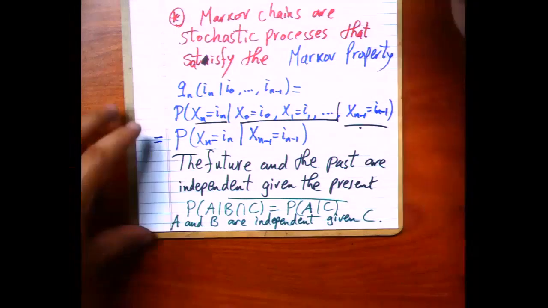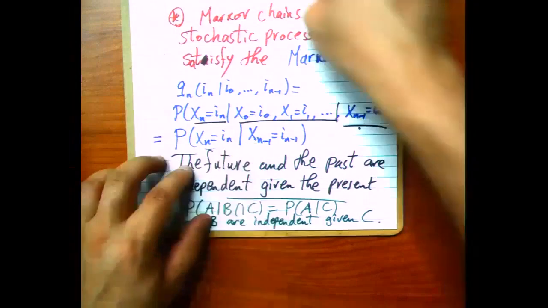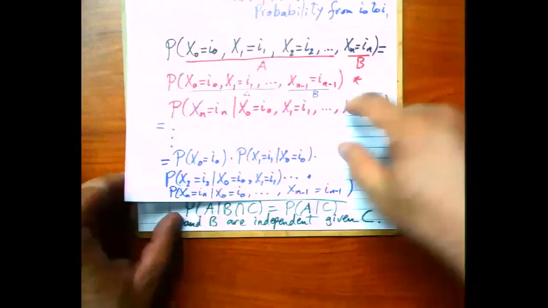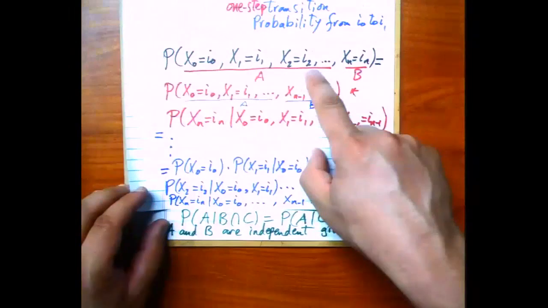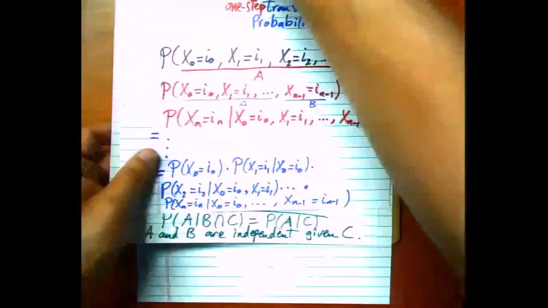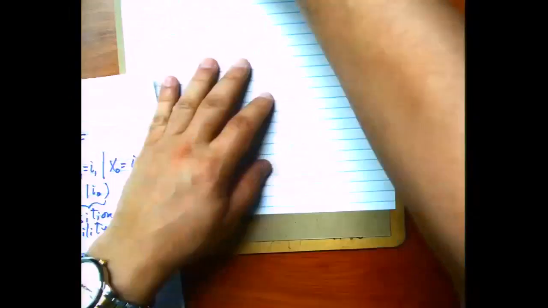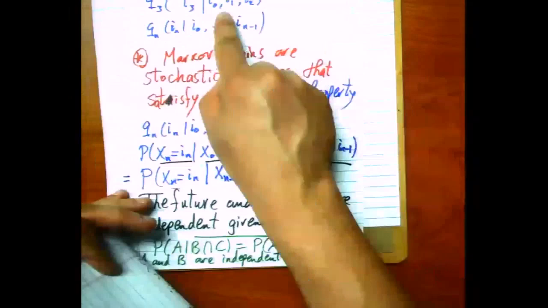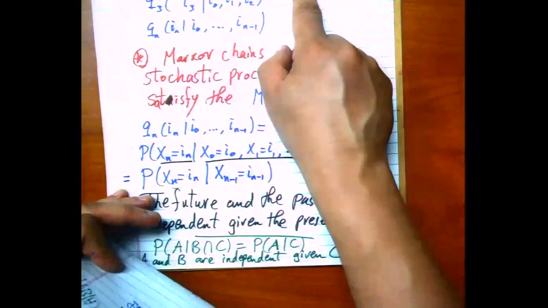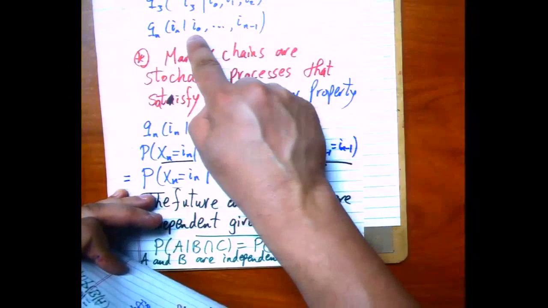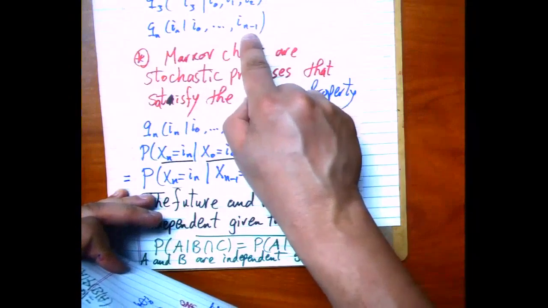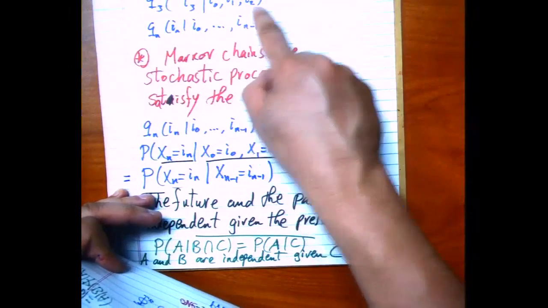According to this new formula, I can simplify this multiplication and rewrite the joint PDF now, or probability distribution. How? Let's rewrite the joint with simplified formula, because now we don't need the whole path in these Qs. I don't really have to have I1, I2. I don't need I1 here. I don't need all the way from I0 to IN minus 2. I only need IN minus 1. I need I2. I need I1. And here I0.